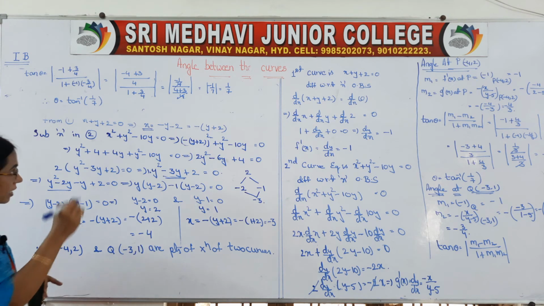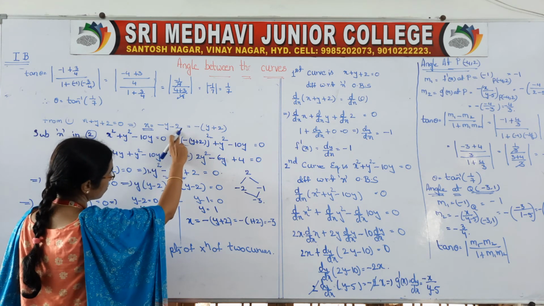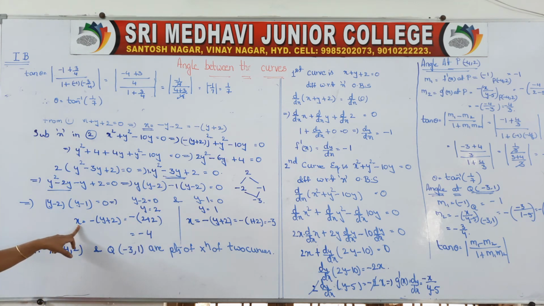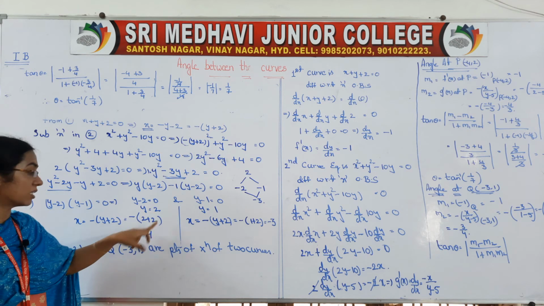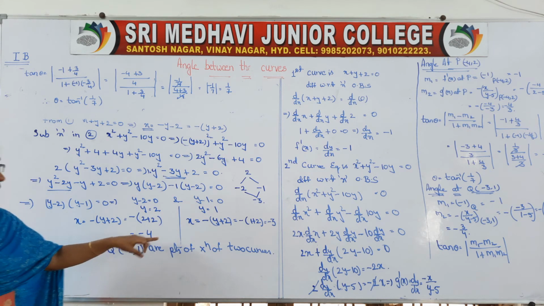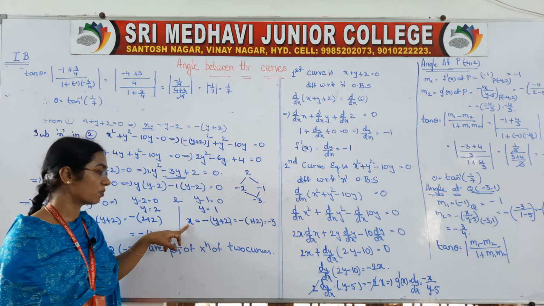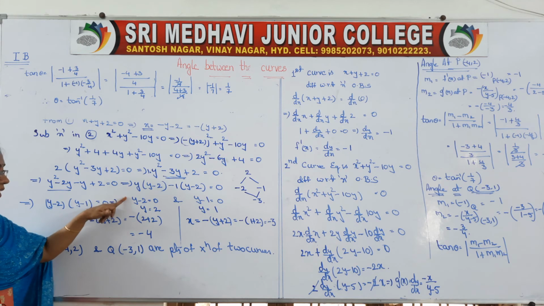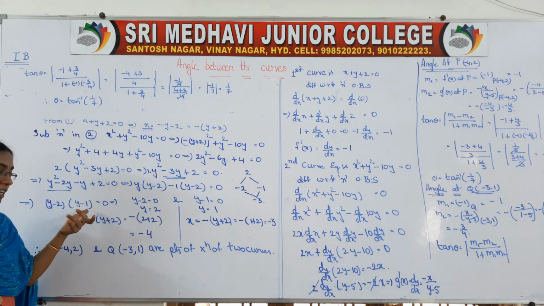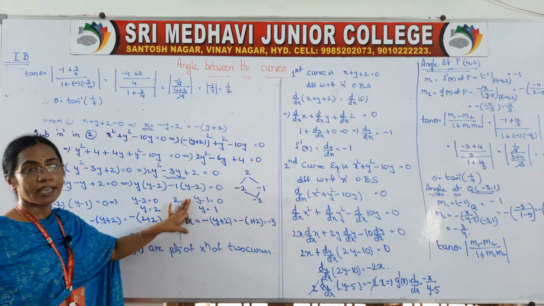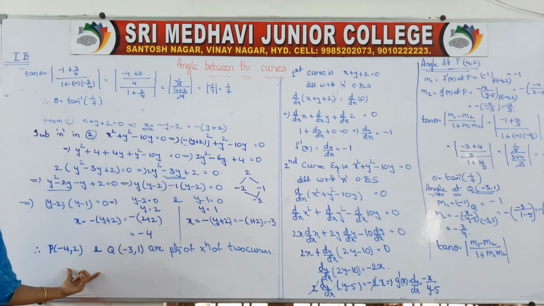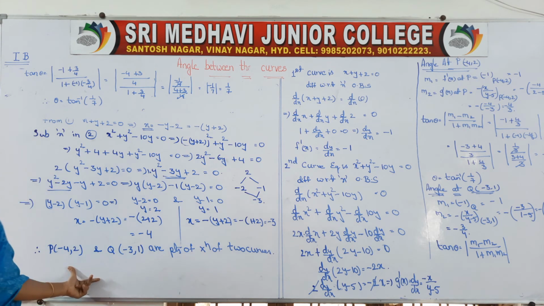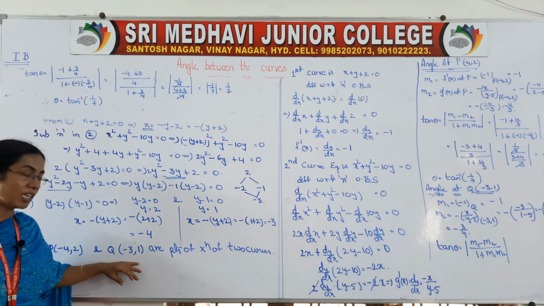But what is our x? Our x is equal to minus y minus 2, or minus of y plus 2. So substitute your y value in that x, right? Then you got your x is equal to minus 4. Similarly, substitute y is equal to 1 in this x value, you got minus 3. So we got one set of y and x values, and another set of y and x values. So two sets means 2 points are there. The curves are intersecting at 2 points, at P as well as at Q.